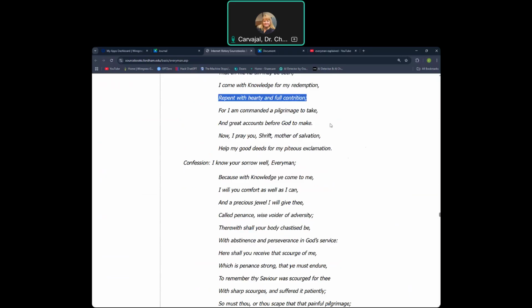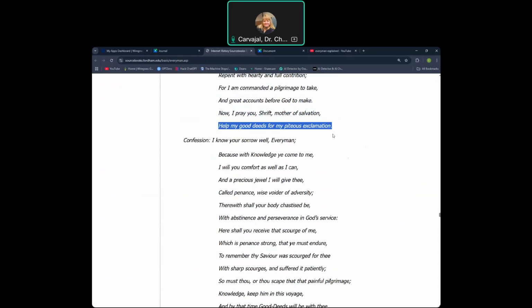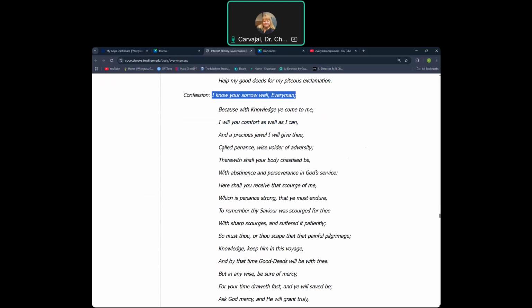But he goes, here you go. I have to take a pilgrimage to God. It's essentially the end of my life. And so please help my good deeds from my piteous exclamation. Please take away my sins so that my poor good deeds can stand up and talk. And he goes, I know your sorrow well, Everyman, because with knowledge you come to me, and I will comfort as well as I can, and a precious jewel I will give thee called penance. So when you confess what you've done, and then they give you stuff to do in atonement or in penance,